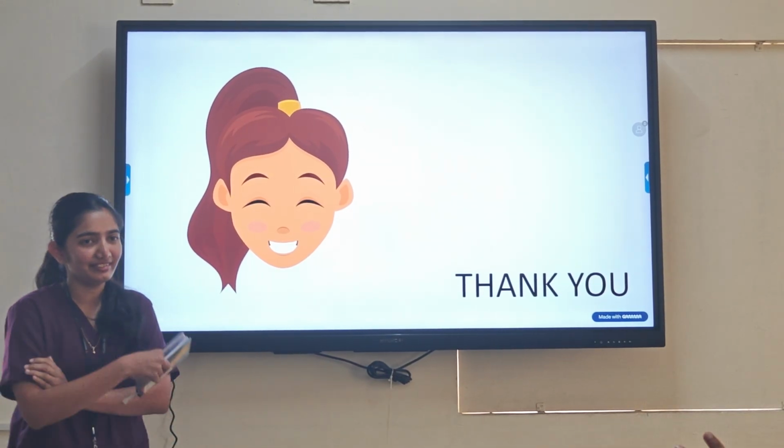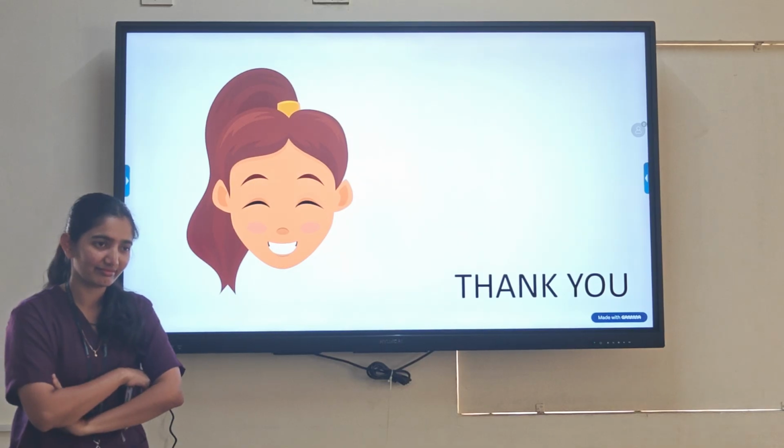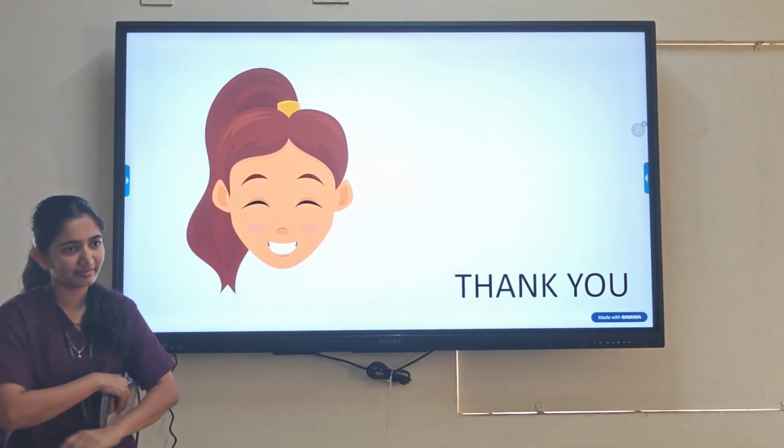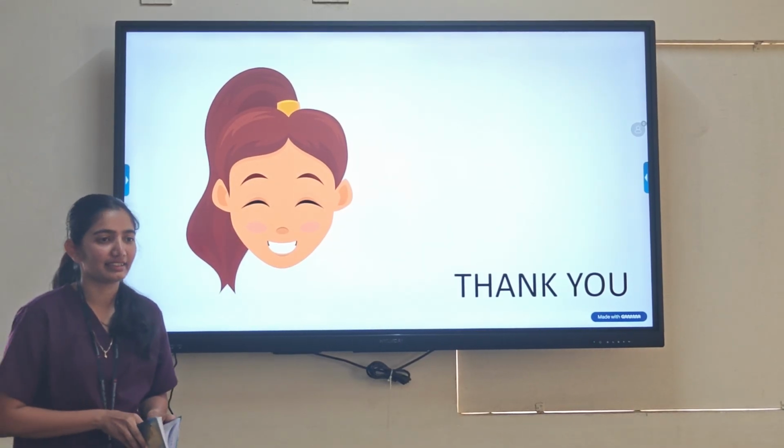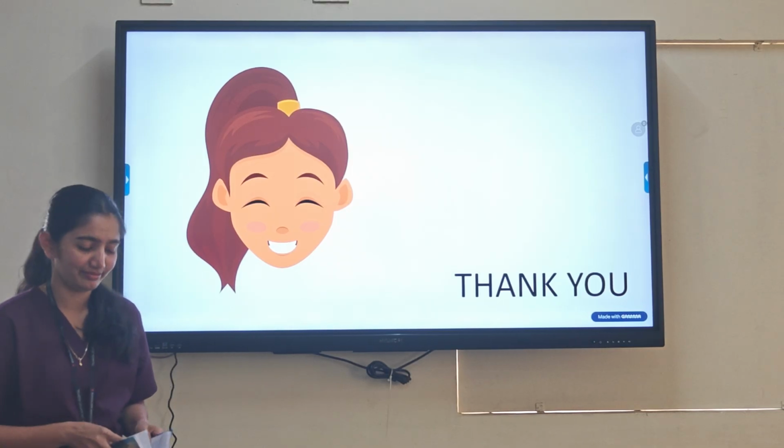See, in complete molar pregnancy, we are seeing that when an egg is fertilized by one or two sperm, how it is